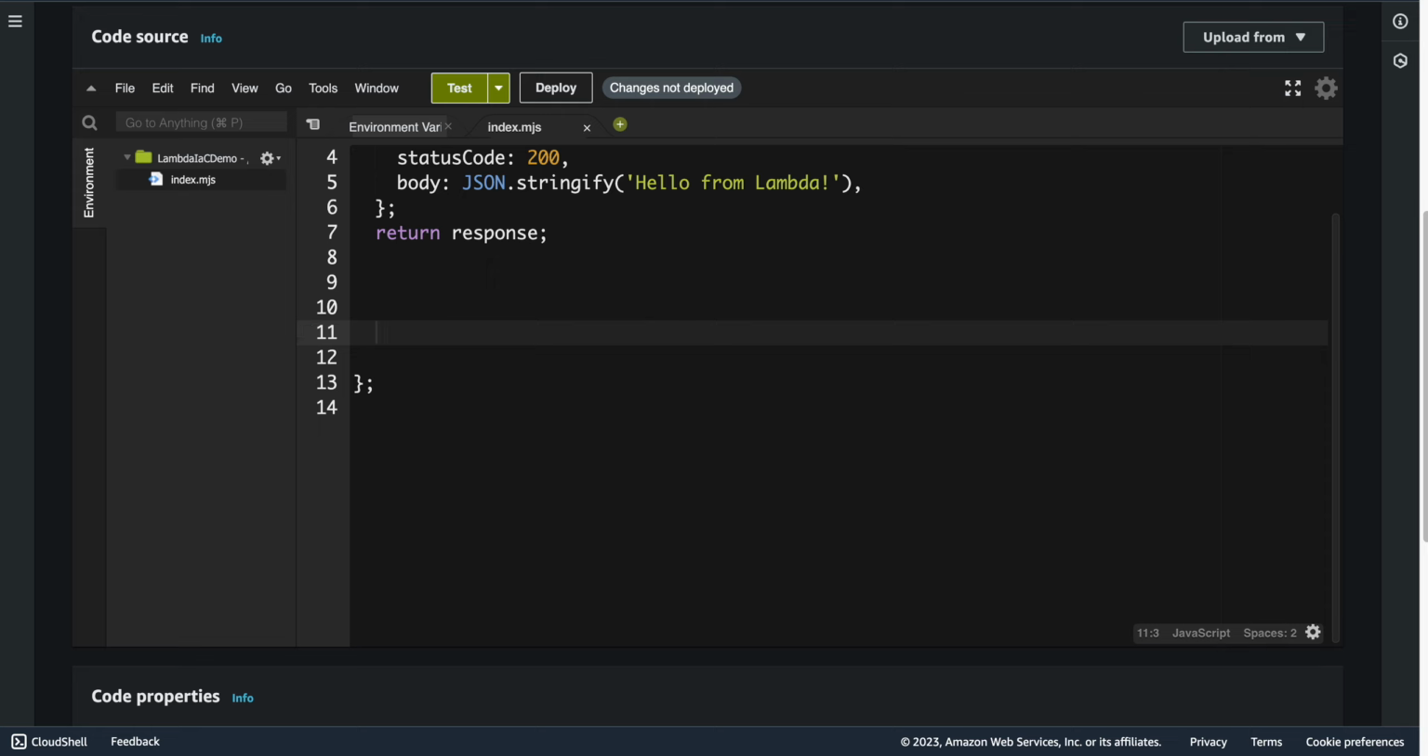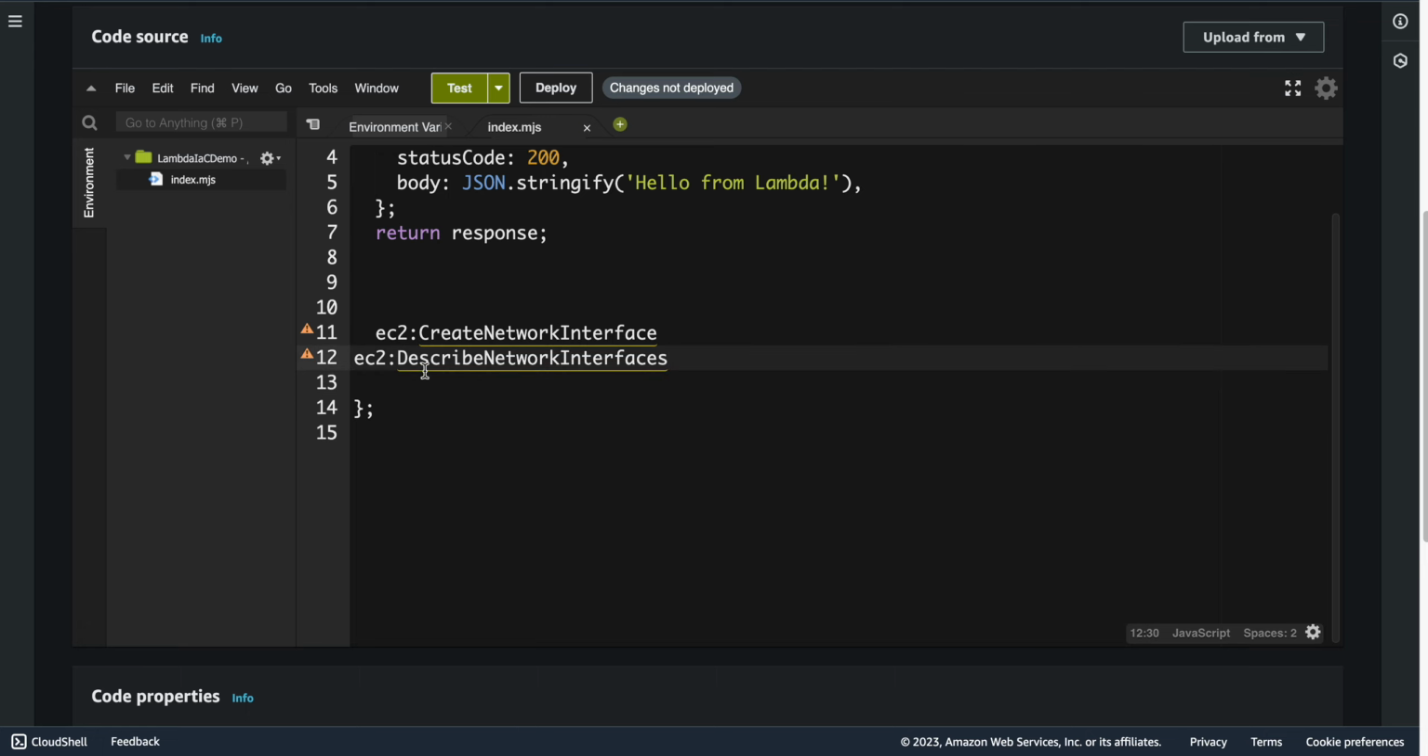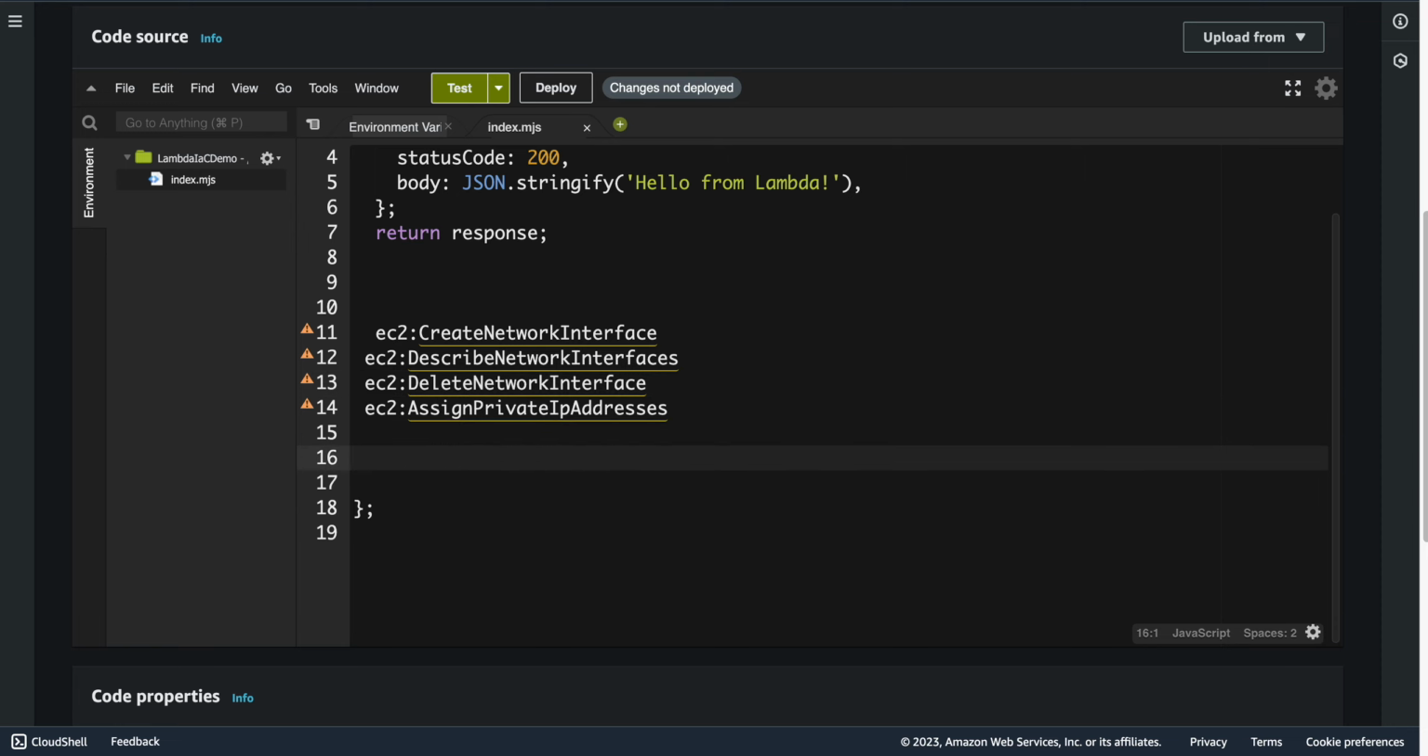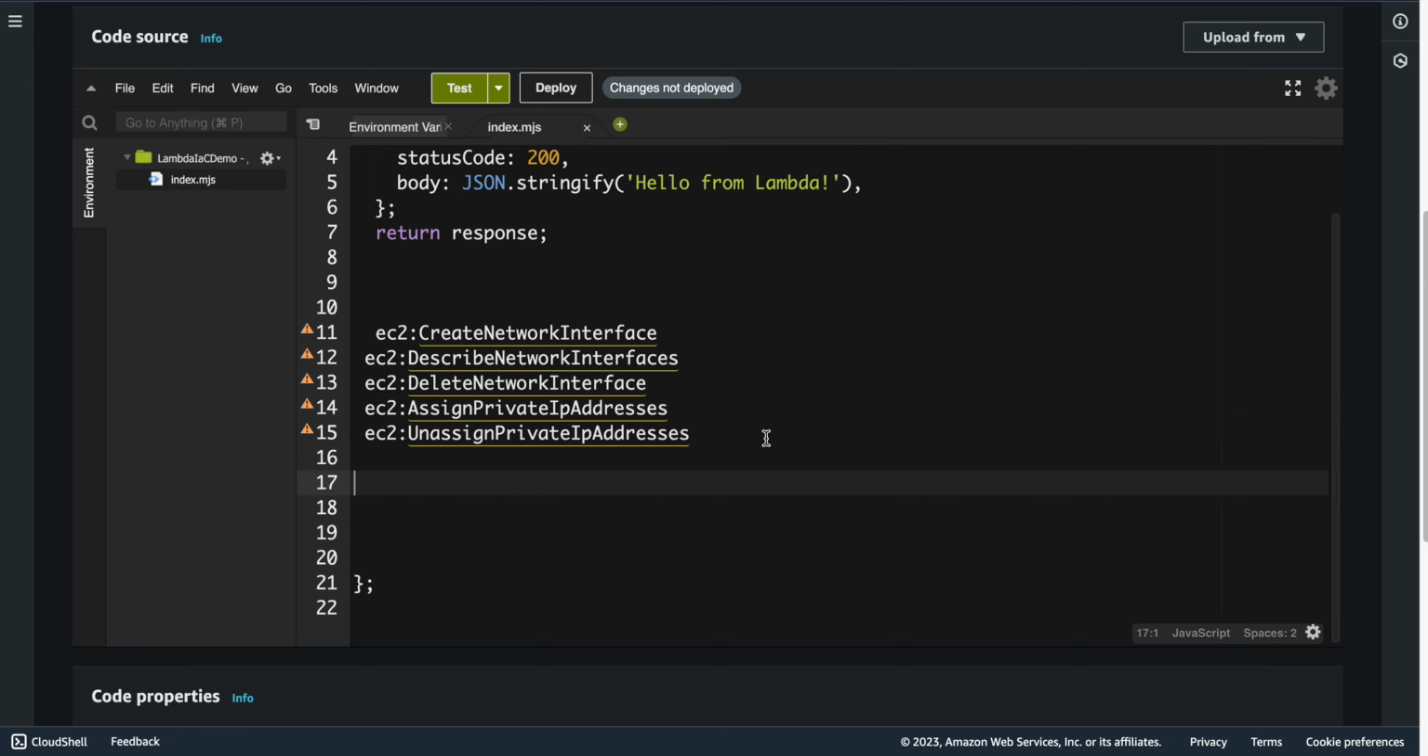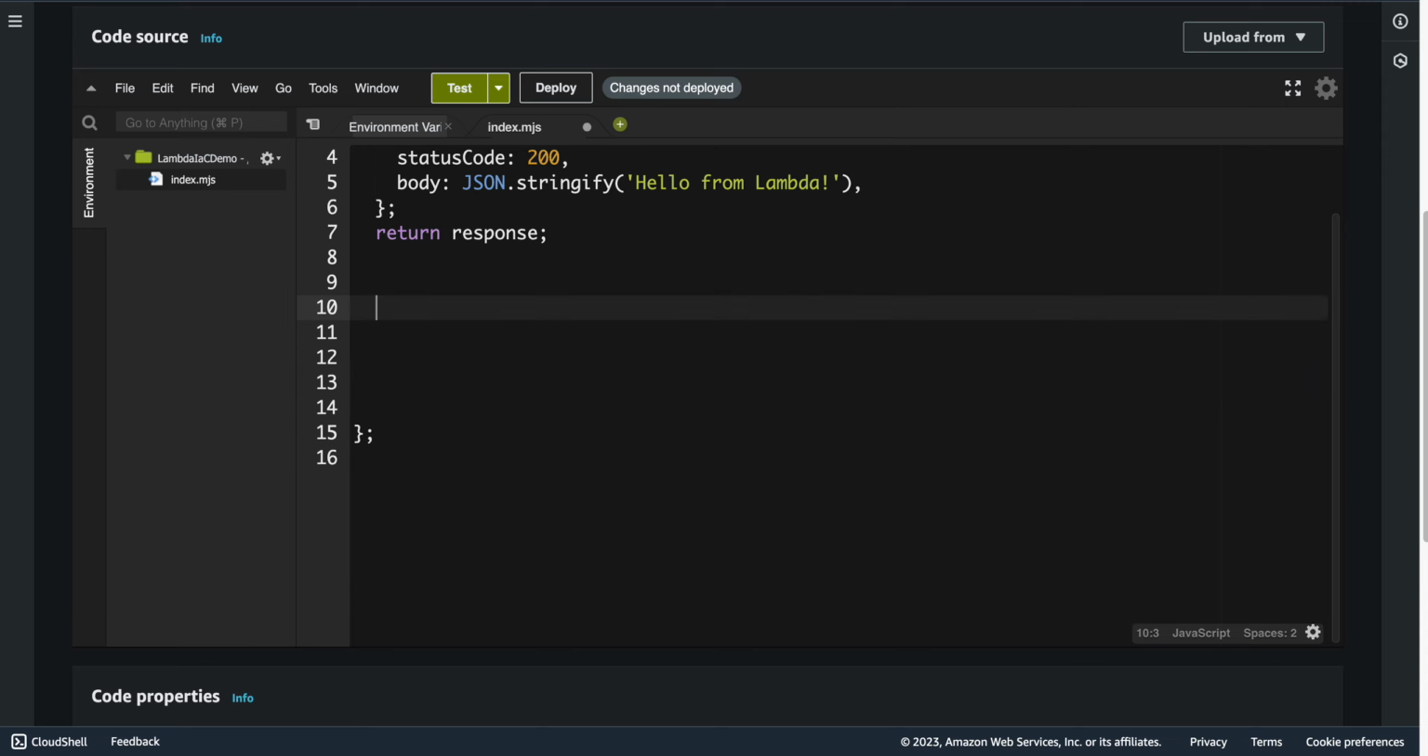So the permissions are as follows. First, you should have ec2:CreateNetworkInterface. You should have ec2:DescribeNetworkInterfaces, and this one should be allowed for all resources. And we have ec2:DeleteNetworkInterface. We should add these permissions to our Lambda function, which we'll do in another video. And we should add AssignPrivateIpAddresses. We should add these 4 permissions